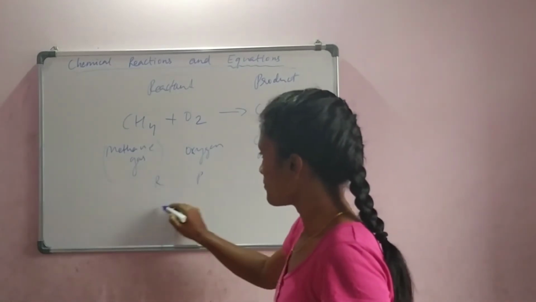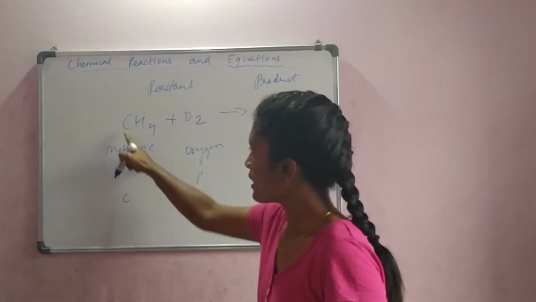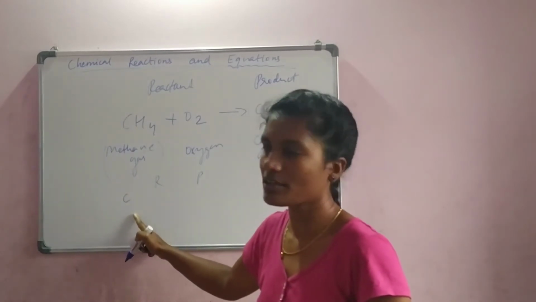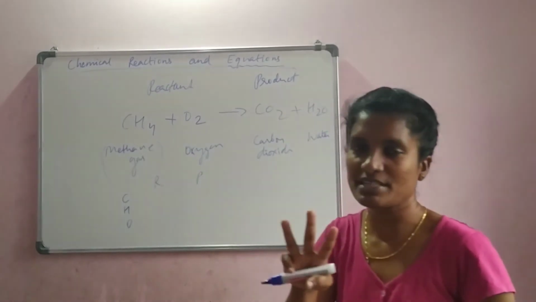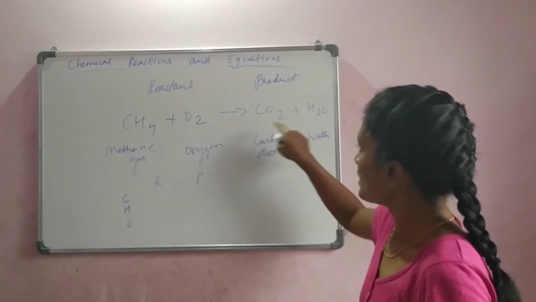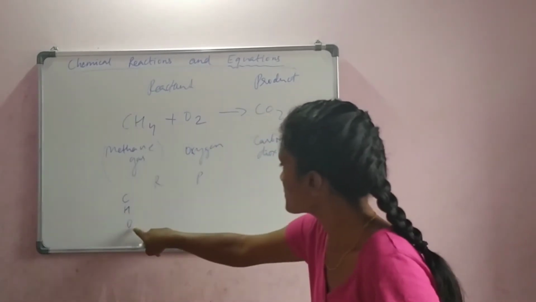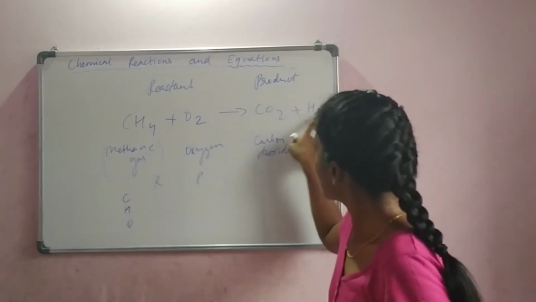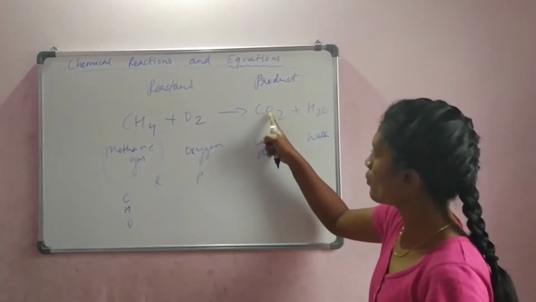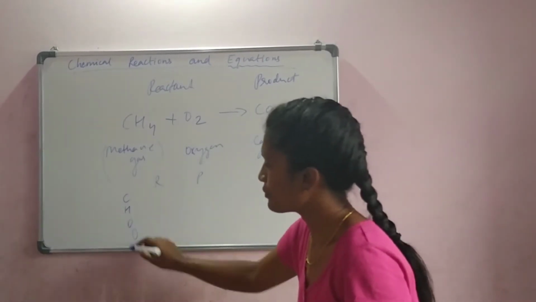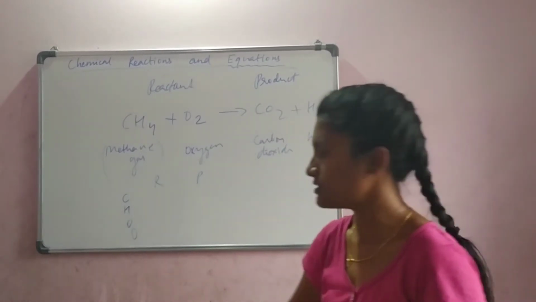Rule number 1: reactants, products. See, carbon is the element here, hydrogen is another element, oxygen. So we have only 3 elements on the reactant side. Similarly, 3 here: carbon, hydrogen and oxygen. Don't write twice. Ma'am, we have O here also, we have O here also. Can I put 2 O's here? No. Write it only once.